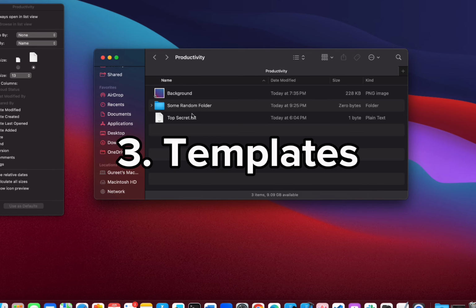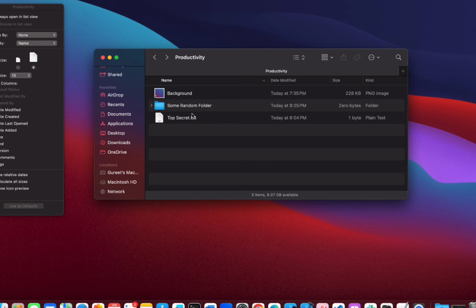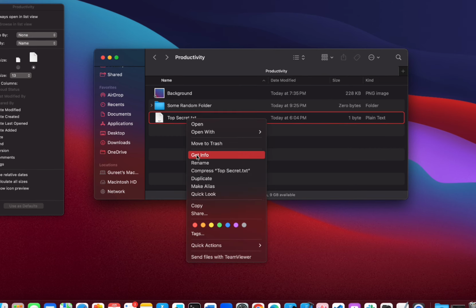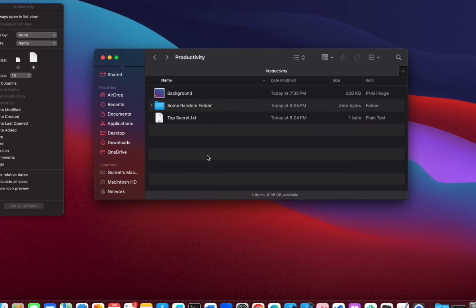Let's move on to the third tip. The third tip is regarding templates, especially if you are in a company or you are using templates frequently. Instead of having to duplicate and remove content from the file or duplicate them, you can simply right-click on the file, press the Get Info button,